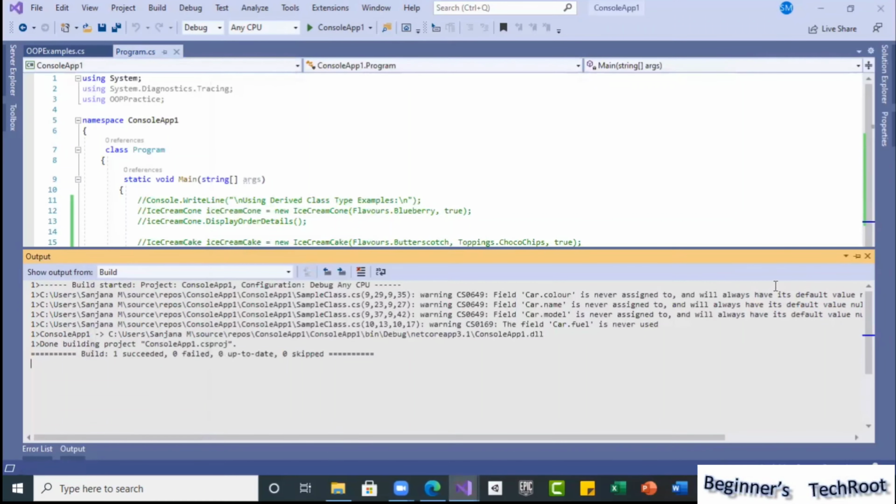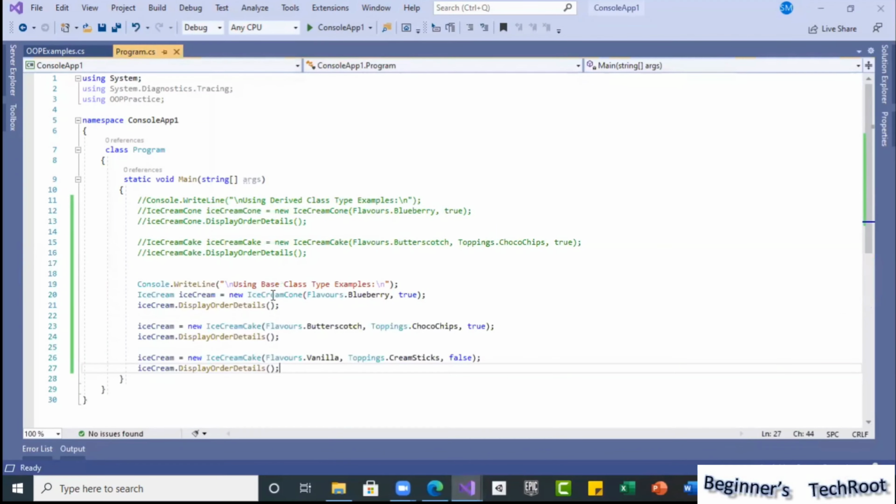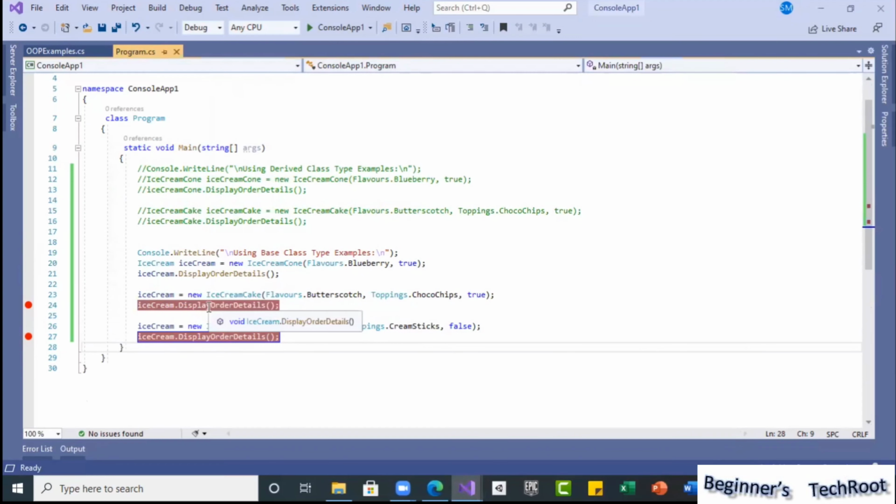If you want to debug and check, see how it works in this case.